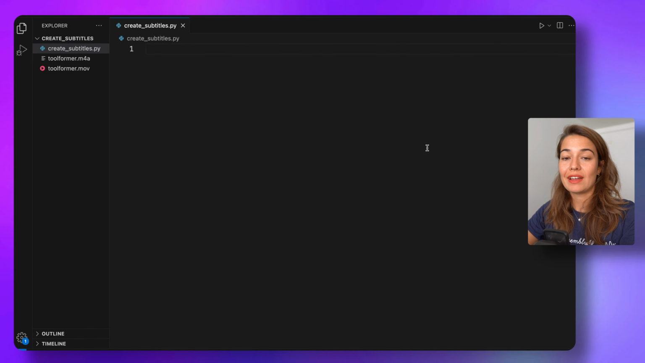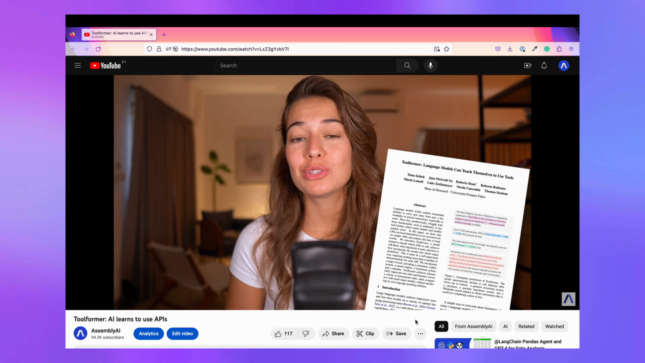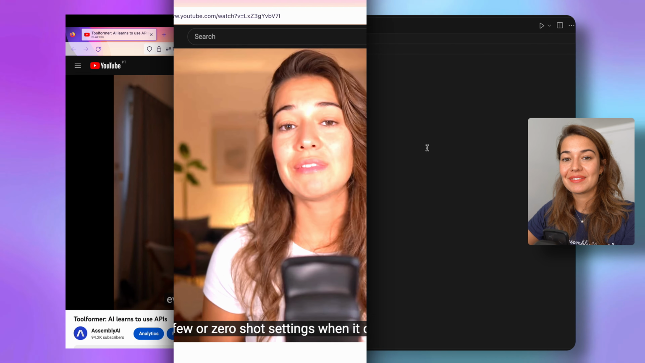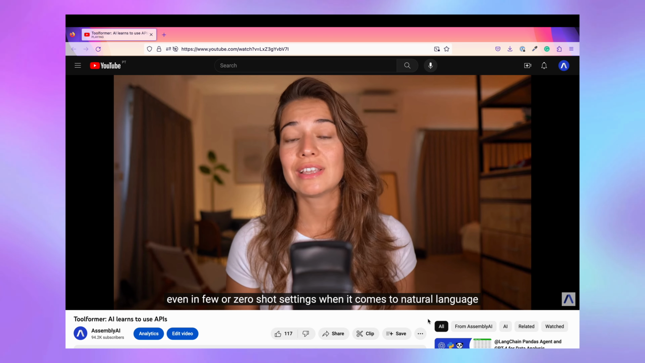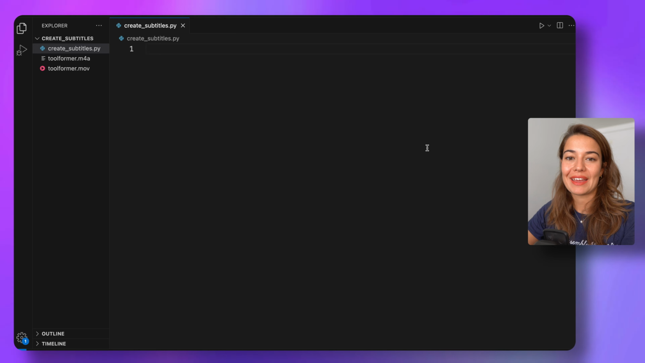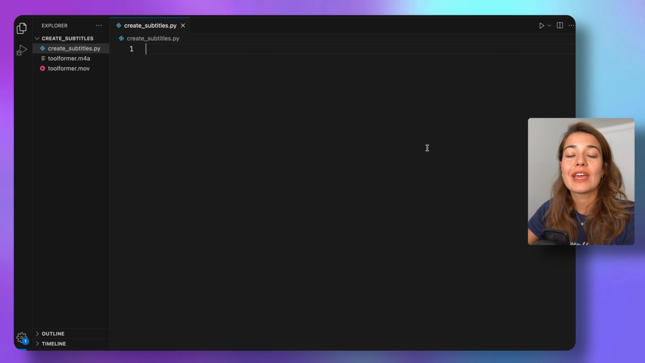If you want to quickly add subtitles to your videos and take them from this, based on this research, now AI can learn to use digital tools like to this, and few or zero-shot settings when it comes to natural language processing tasks. You can do it with AssemblyAI. And it's going to be just a couple of lines of code, very quick, based on your transcription that you submitted to AssemblyAI. You're going to get timed subtitles that you can upload to YouTube or use on your local